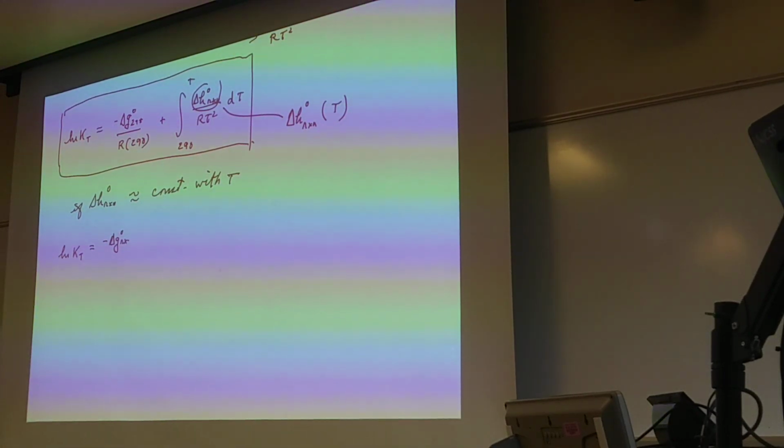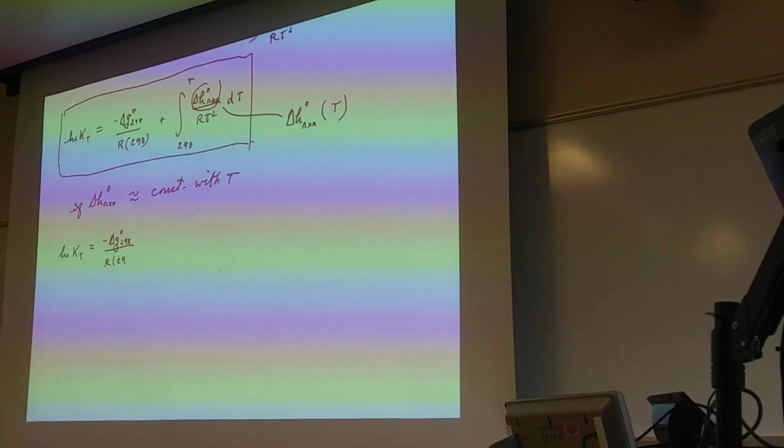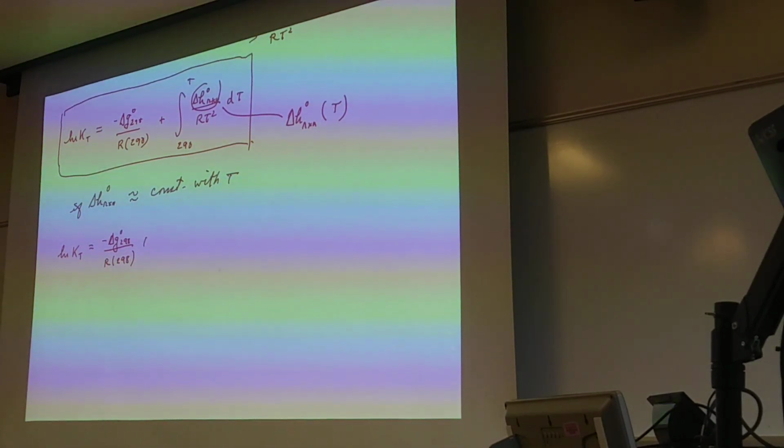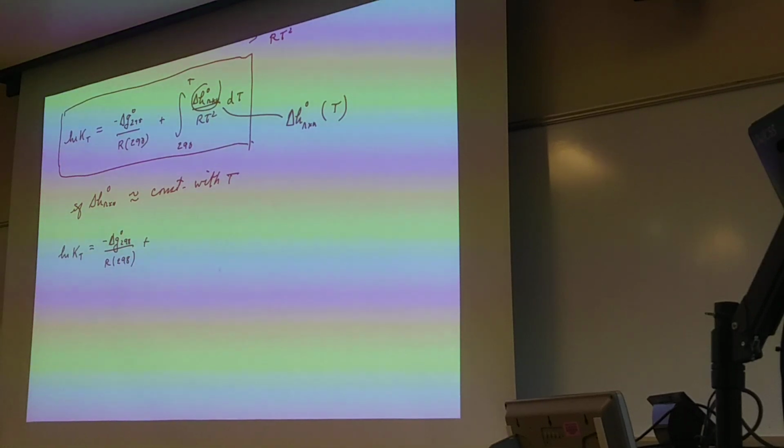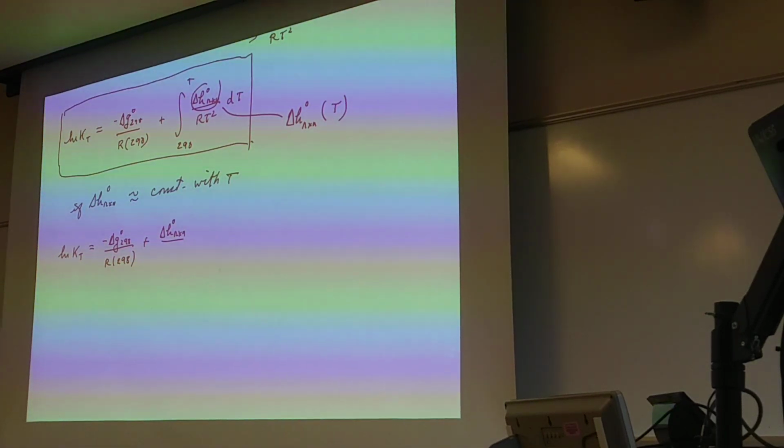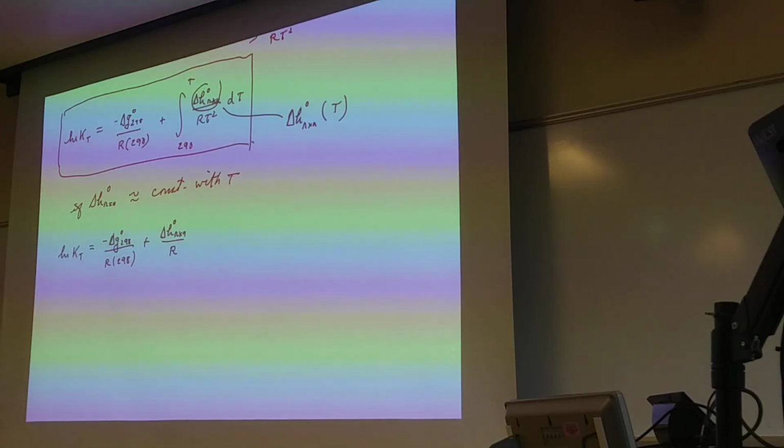I need to write it like that. Now pulling that through, and I'll pull the R through at the same time. That's equivalent to taking